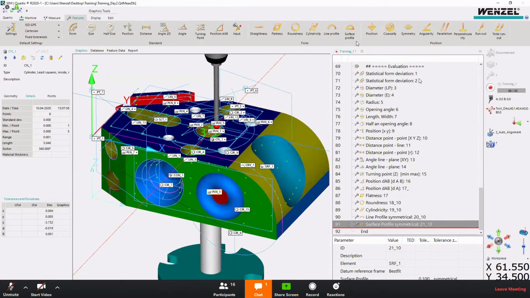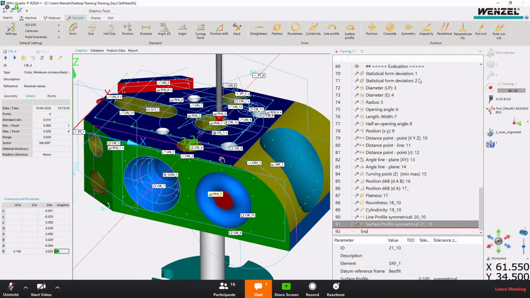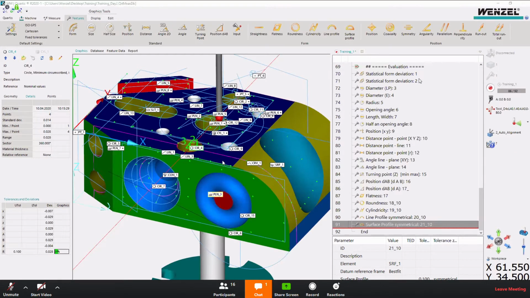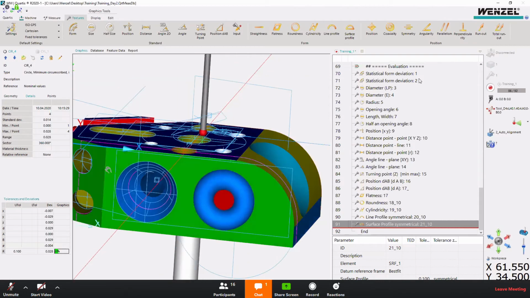So this is what we have here. And the next one is all these positions. So this is true positions. So let's say later I want to find the true position of this circle 4. Okay, and then, let's say